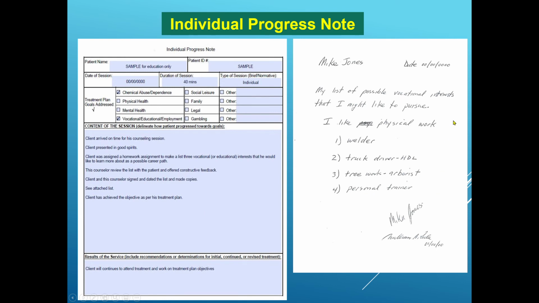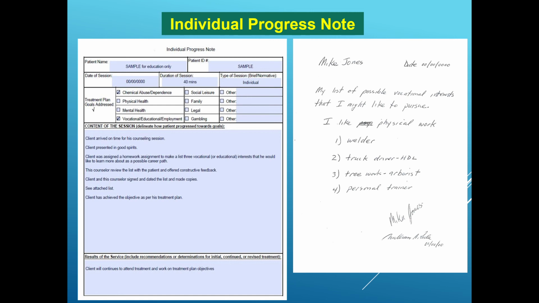So he put an extra thing down there. So I asked him about that because that didn't fit in with physical work. And Mikey told me, I'm making this up now, of course, that he likes to go to the gym. He sees people working out with personal trainers, and he likes to take care of himself. When he's in recovery, he starts to feel good, and he's seen personal trainers, and he said to himself, hey, I could do that. And he put it on the list.